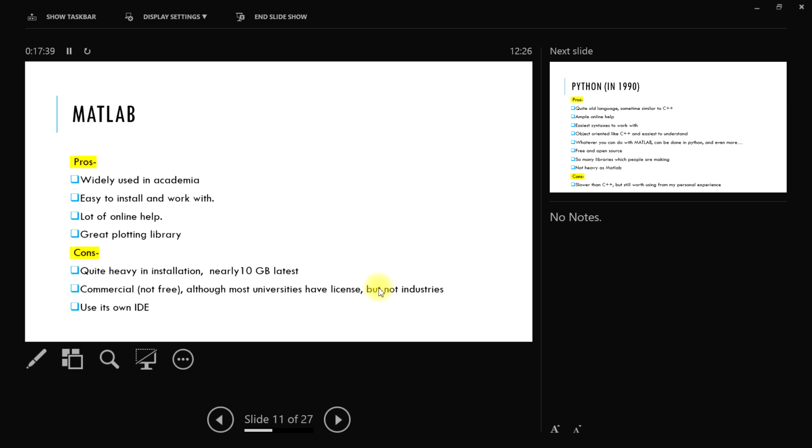Industries do not use MATLAB as far as I know. The software industry which I'm talking about, maybe they use it, but as far as I know they don't. You are correct. It's not regular, because industry would like to pay for commercial software. Even if they would like to pay for it, they don't want to be dependent on it. And it's not about payment, it's about installation also. Why would they waste 10 GB of space?